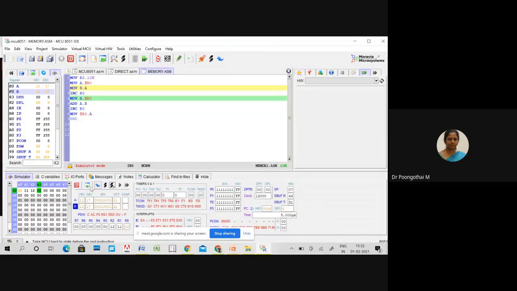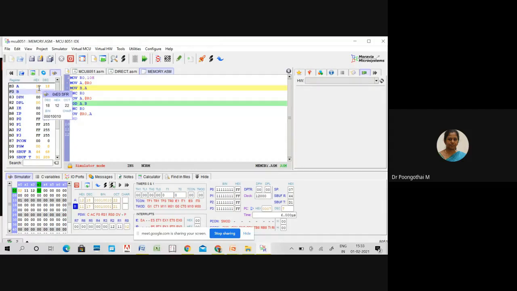Incrementing R0. Your R0 is pointing to which one now? 02. Okay. So the data available at 02 is 12. So this 12 has to be transferred into accumulator. So now your accumulator holds 12. Okay.